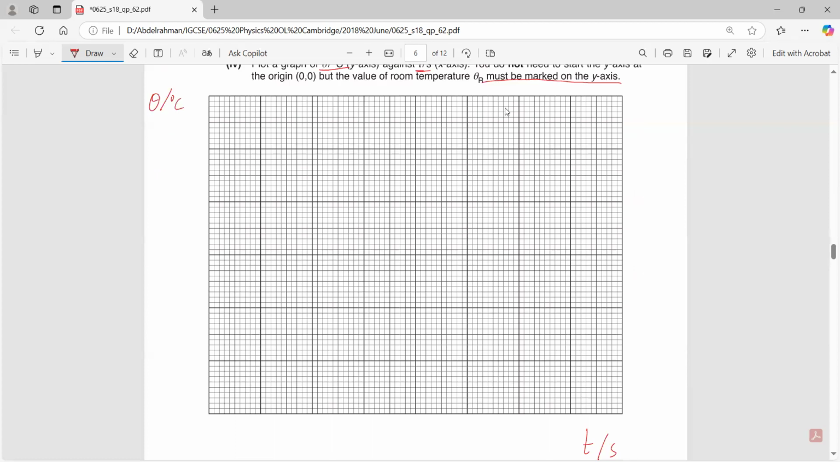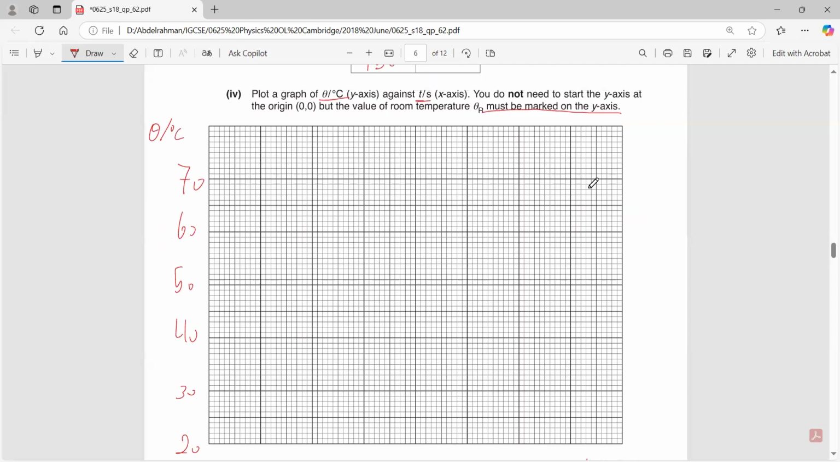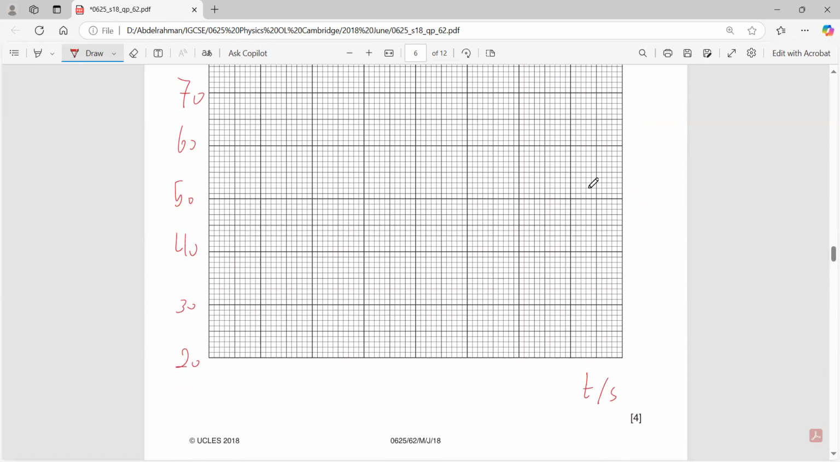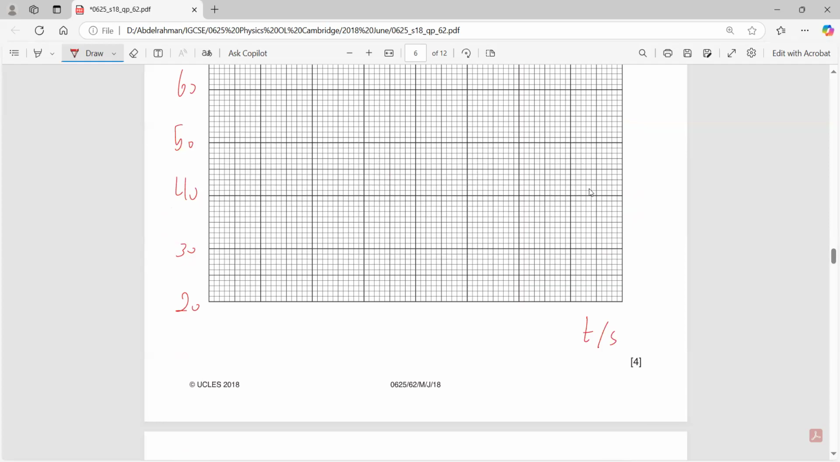So let's check it out. If I say 20, 30, 40, 50, 60, 70, it's not too bad at all, because we have the highest value. What about the numbers on the x-axis? We have 0, 30, up to 150. So can I start with 0? 30, 60, 90,